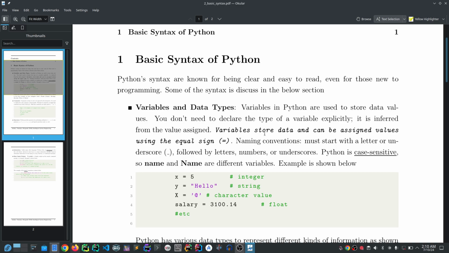Some of the syntax is discussed in the sections below. We have variables and data types. What are variables? Variables in Python are used to store data values. That is, for reusability, you store those data inside a variable. The variable name can be any letter or any combination of letters, and can begin with an underscore, but it cannot begin with a number. Just as shown in the example below, where we say x is equal to 5,